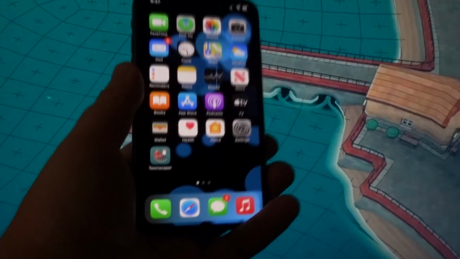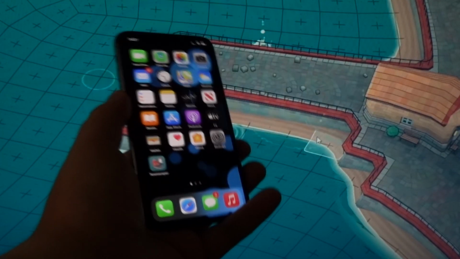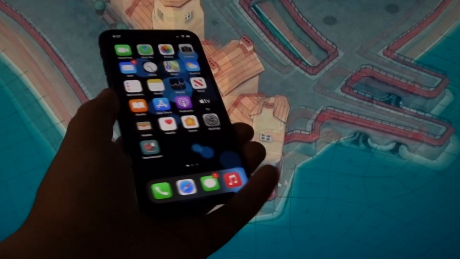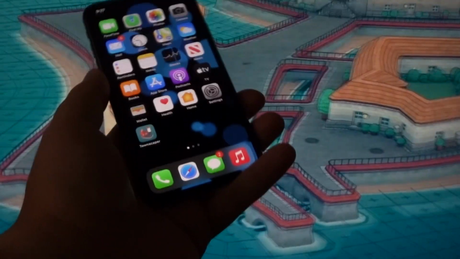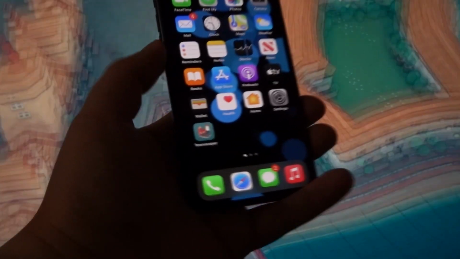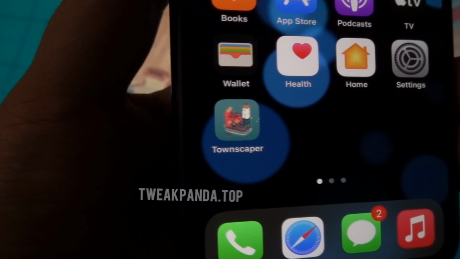Welcome to this video, guys, and in this video I'll be showing you how to download Townscaper mobile onto any of your iOS or Android mobile devices in a few simple, basic steps. And the best part about this game is that it is downloadable and compatible with both Android and iOS devices. You don't have to carry out other operations to make it compatible. The game is compatible and downloadable for both Android and iOS devices, and